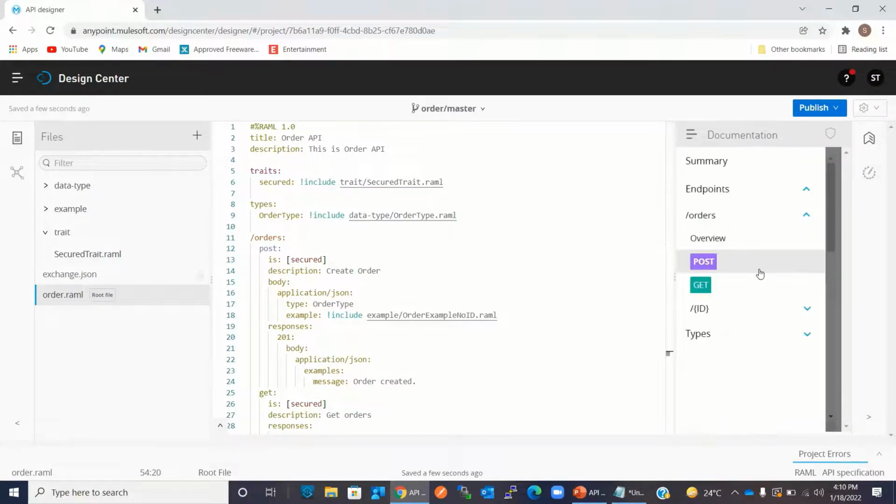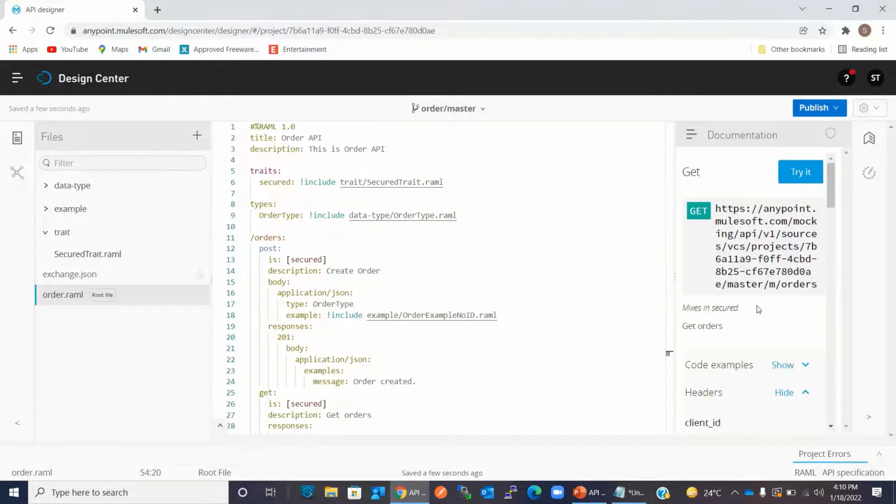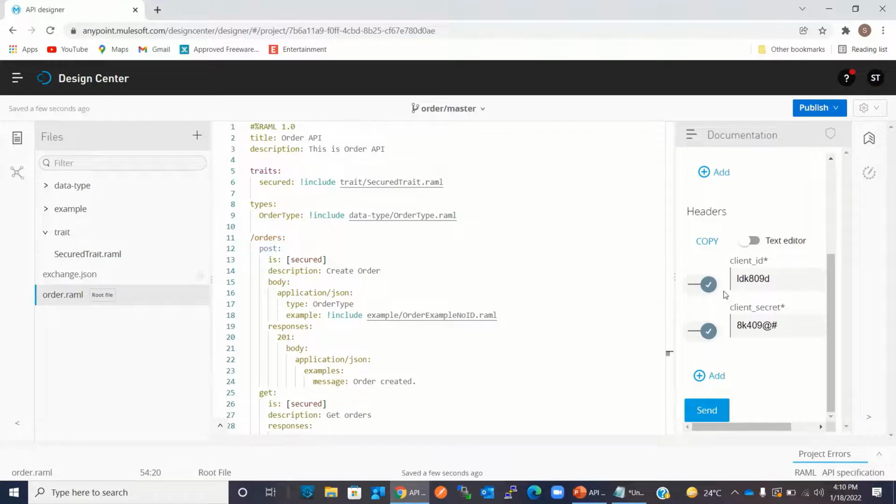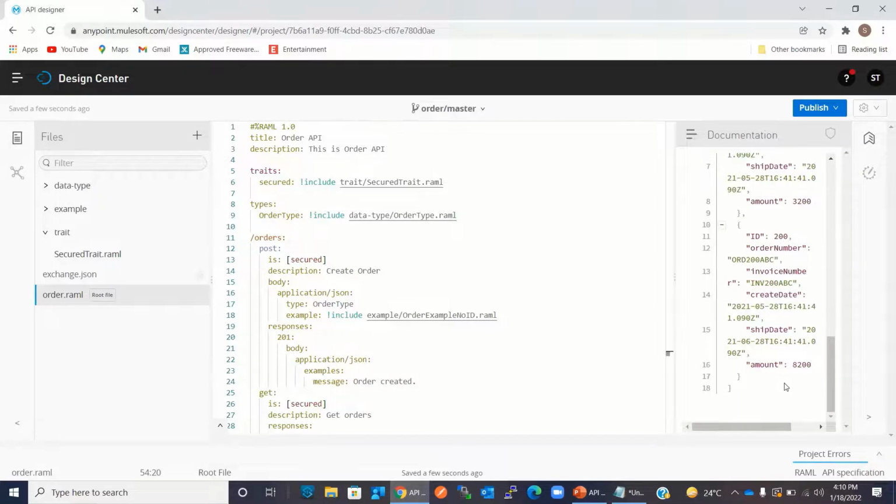Go back to documentation, click get, click try it. And here also client ID and client secret is mandatory under headers and sample data is populated. So we can click send and we got the result.